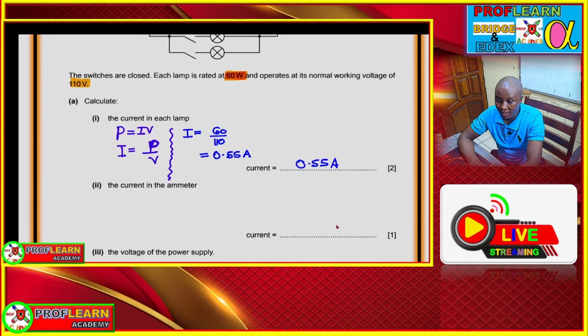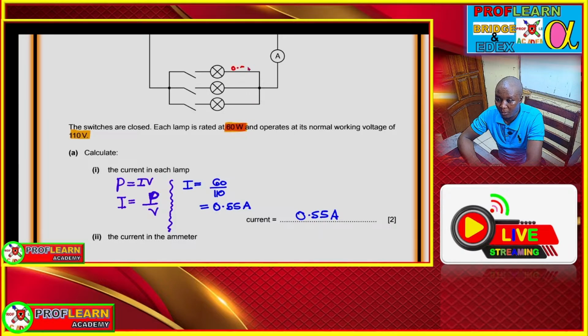And for the current in the ammeter, you need to remember this is 0.55, this is 0.55, and this is 0.55. So if you want to get the total current that is getting out, it will be 0.55 plus 0.55 plus 0.55, or you can take 0.55 times 3, since we have 3 branches there. They join together so that a current of